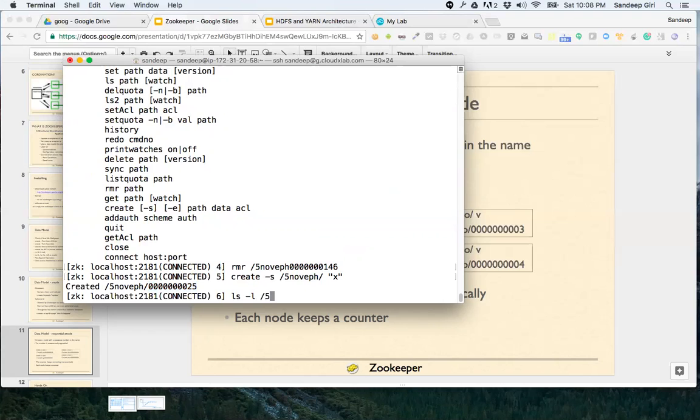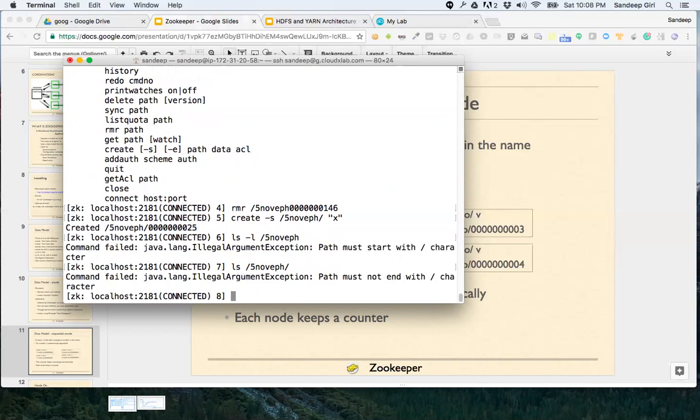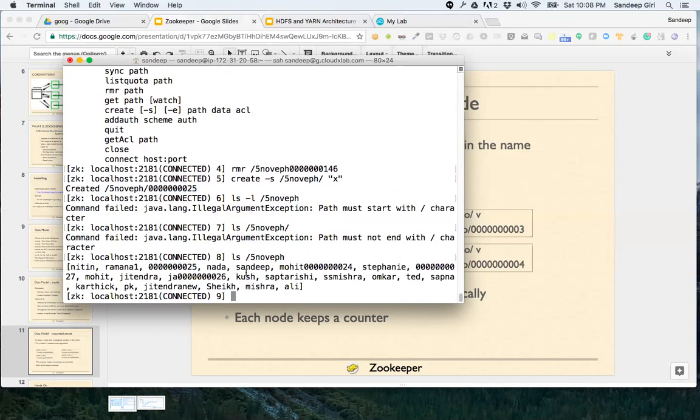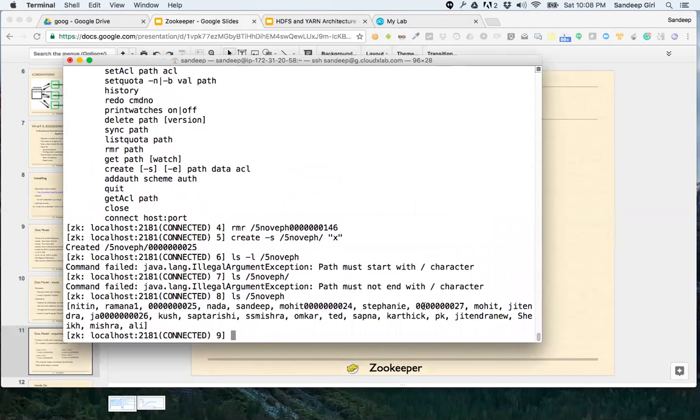Let me take a look. Not ls -l, I'm sorry, it's ls. Okay. So yes, we can see Mohit has created one. All right. So yes.